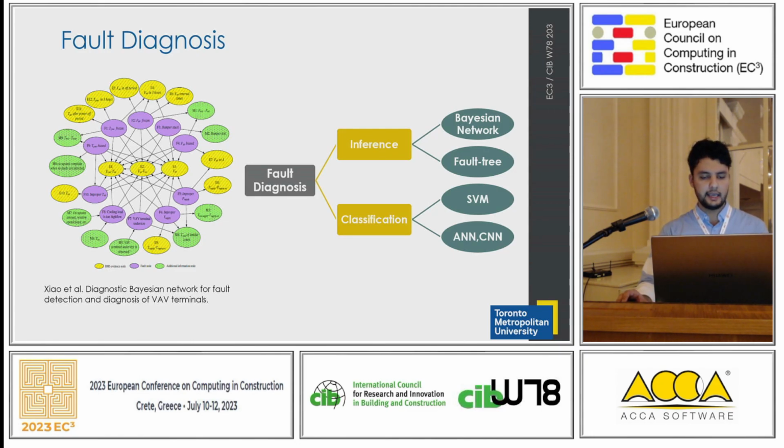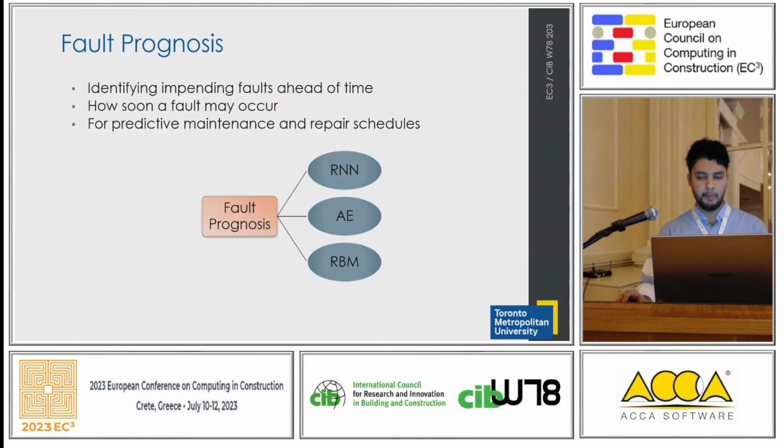And again, we have classification, which has the challenge of needing labeled data. There is a more advanced approach, fault prognosis, which is the process of predicting future system states, especially predicting the occurrence of fault before it happens. So we can realize how much time is left before a failure is expected to occur, and this method will enable us to correct the faults before they cause system failure.